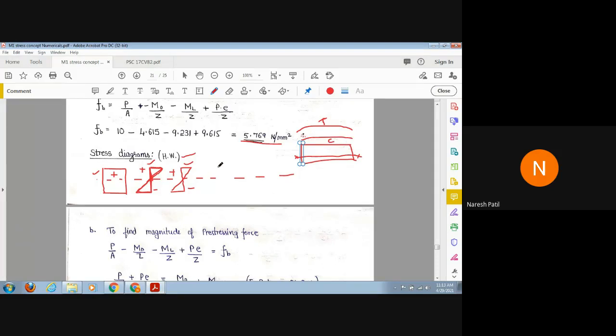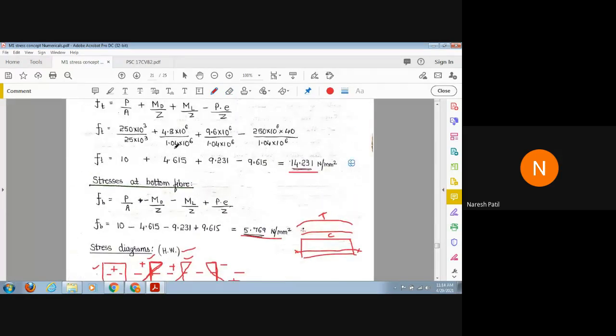So how to draw here? Draw the vertical line first. Tension, negative, left hand side. Compression at the bottom, right hand side. Look, first you have to draw the vertical line. Then what you have to do? Tension at top, so tension means negative, left hand side. Compression at bottom, compression means positive, right hand side. Draw these two. So what will happen here? This will be minus, this will be plus. Correct? Minus, plus.